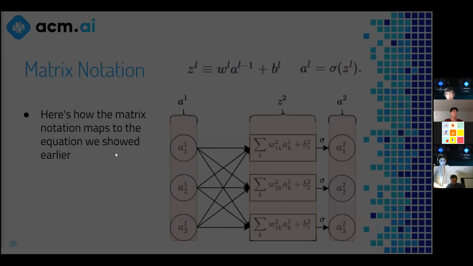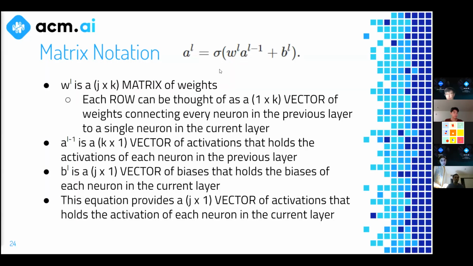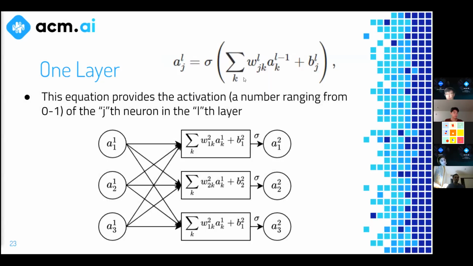Now, what you're doing when you're doing this matrix multiplication is you're doing exactly what you're doing before. It's just you're doing it all at once. And the reason it's important to understand what we're doing here is because this is what the computer does, right? Because matrix multiplication and matrix operations are heavily optimized in computers, especially in GPUs, right? Which is why you see GPUs being used for training a lot. These operations are extremely optimized. So it's a lot faster for you to just do all of these at once using matrices than if you had to go back and do this for every single neuron. It would not be computationally feasible.